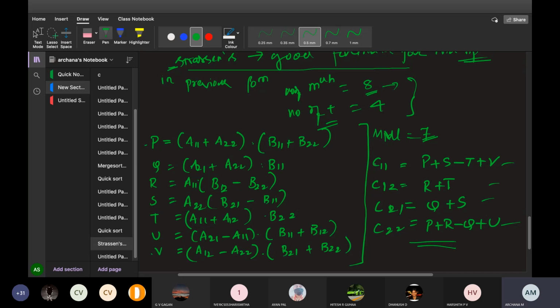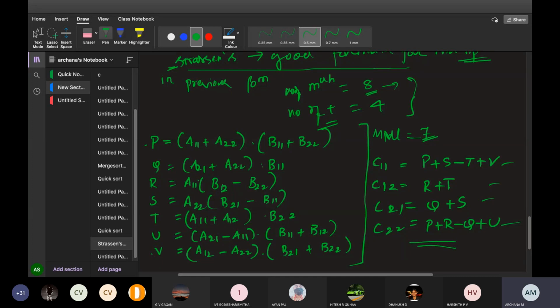Now based on this, we have to solve the problems. I think sir is inviting you for a meeting. In another 2 minutes, I'll leave the meeting. So this is Strassen's multiplication. Tomorrow I will take an example and solve the Strassen's multiplication. We will go with one simple example, solve one tomorrow, and find out the efficiency of that.